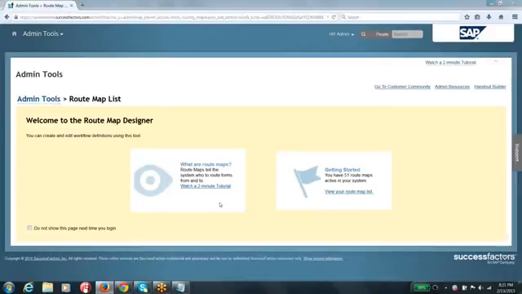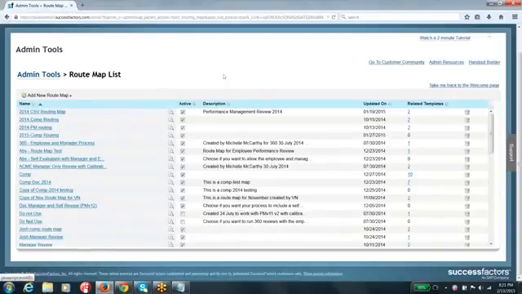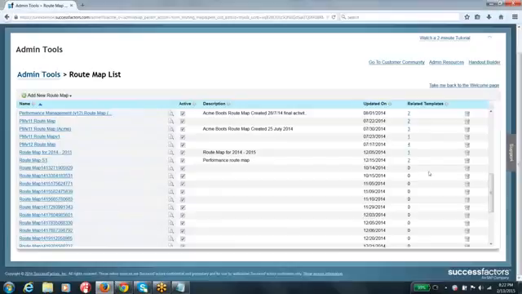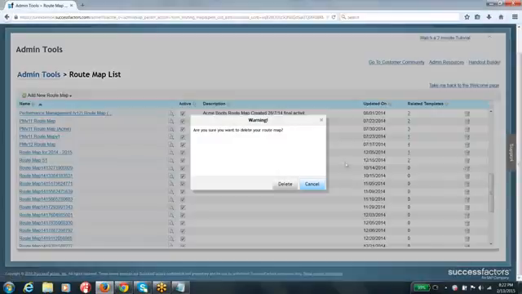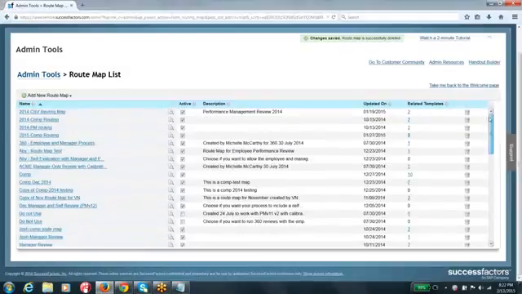And if you go to view your route map list, guys, here you can see these are the existing route maps in our organization, or at least these are the ones currently available. You can see there are a lot of route maps created in our system. I don't know, people just started creating them and they didn't even provide proper names. Yeah, that's fine. And you can see there is an option to create a new route map, or you can just go ahead and edit an existing route map as well, guys.